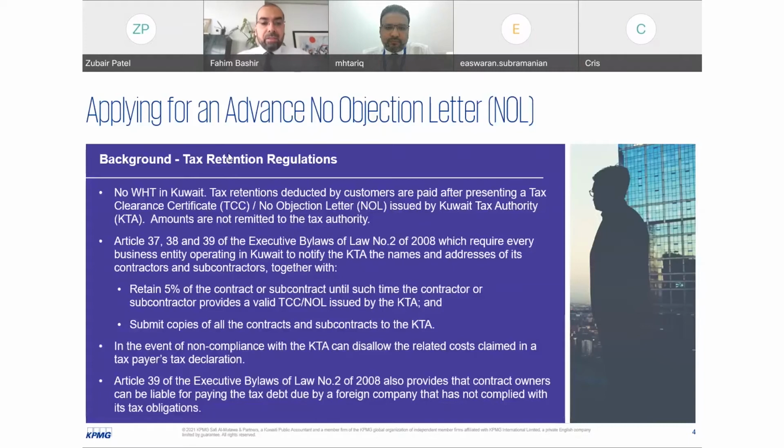So as I was saying, it is linked to the process not only to local companies. For local companies, there is this aspect whereby Article 39 also provides that local companies can potentially be liable for the corporate tax of a foreign company that has not complied and is delinquent in it. So this is again an aspect which local companies are more and more aware of, more and more conscious of.